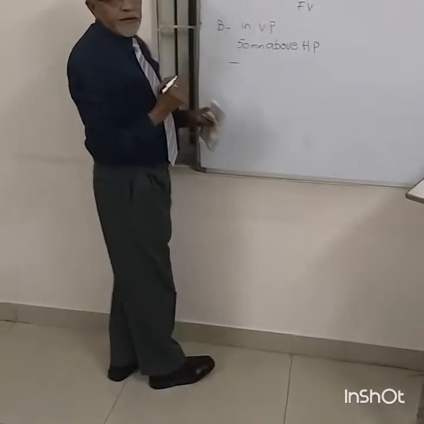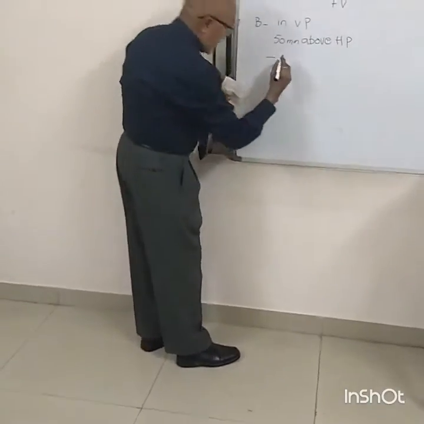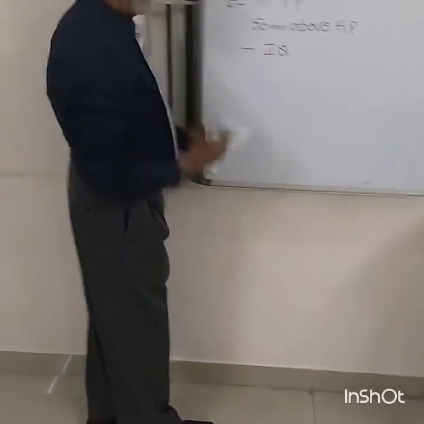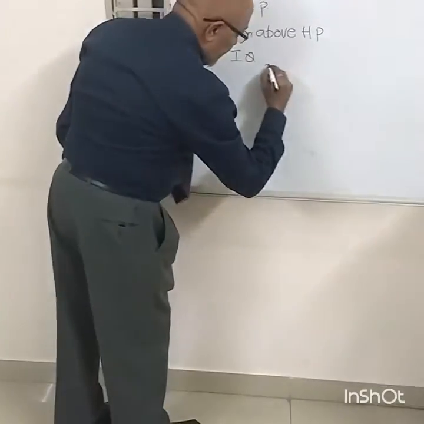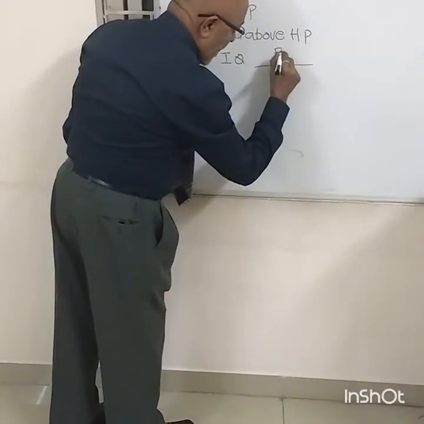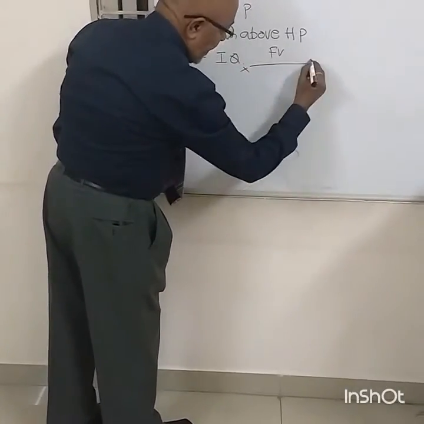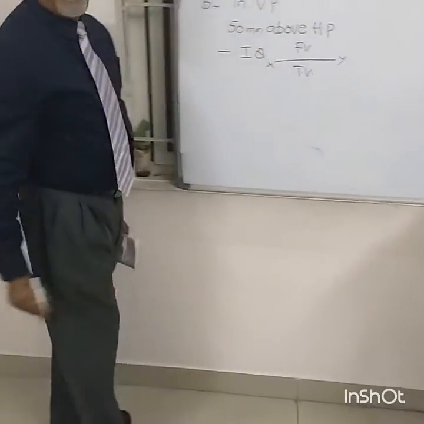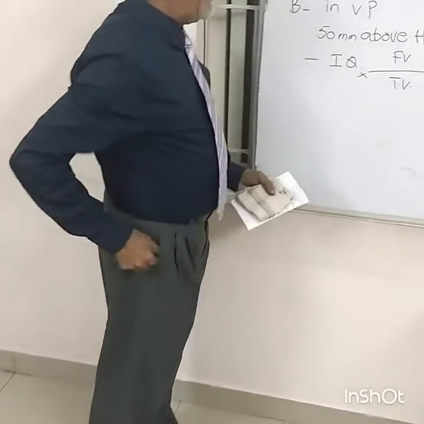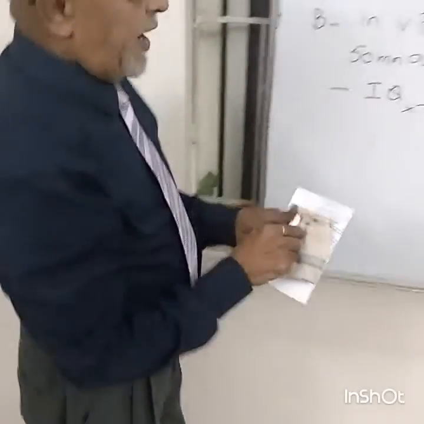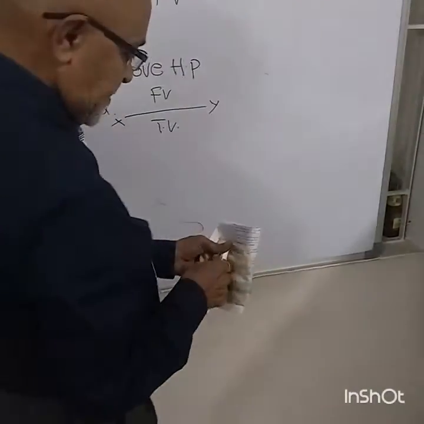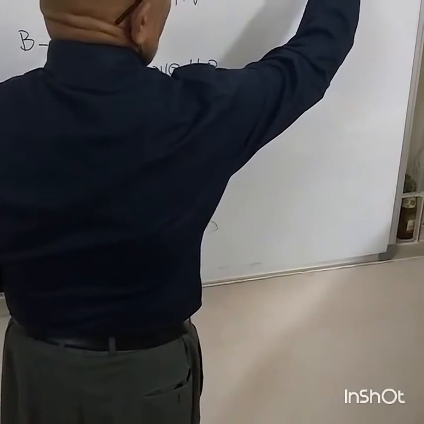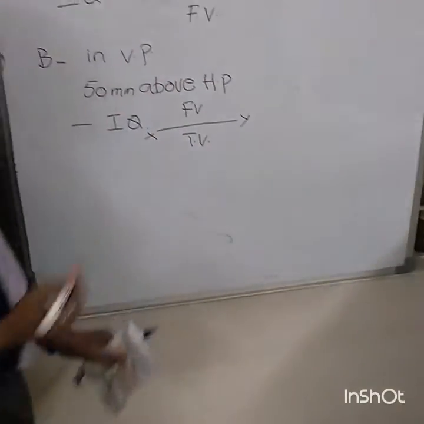So, in a sense, our straight line is positioned like this. This is the straight line for which we are supposed to draw the projections and then determine the true length of the straight line and the true inclinations of the straight line with the horizontal plane and with the vertical plane. Now, let us see how exactly we proceed with this solution.